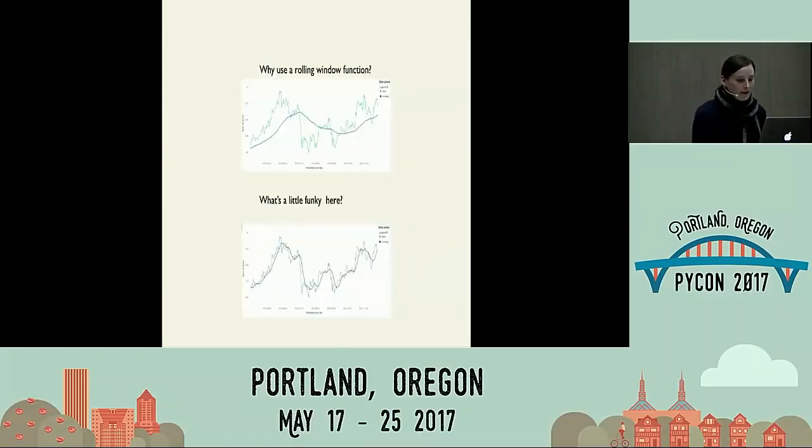Okay. So why do we use a rolling window function? Well, we talked about it a bit. Usually people are looking to smooth out data. We talked about already how what's a little funky here is that your smoothing with your rolling window is always going to be a little bit behind. What's the difference between these two? They're both rolling windows. The window size, right? So that's the other interesting thing to think about when you look at rolling windows: you can make your rolling window really narrow, like this one in the bottom. What's the advantage of that?